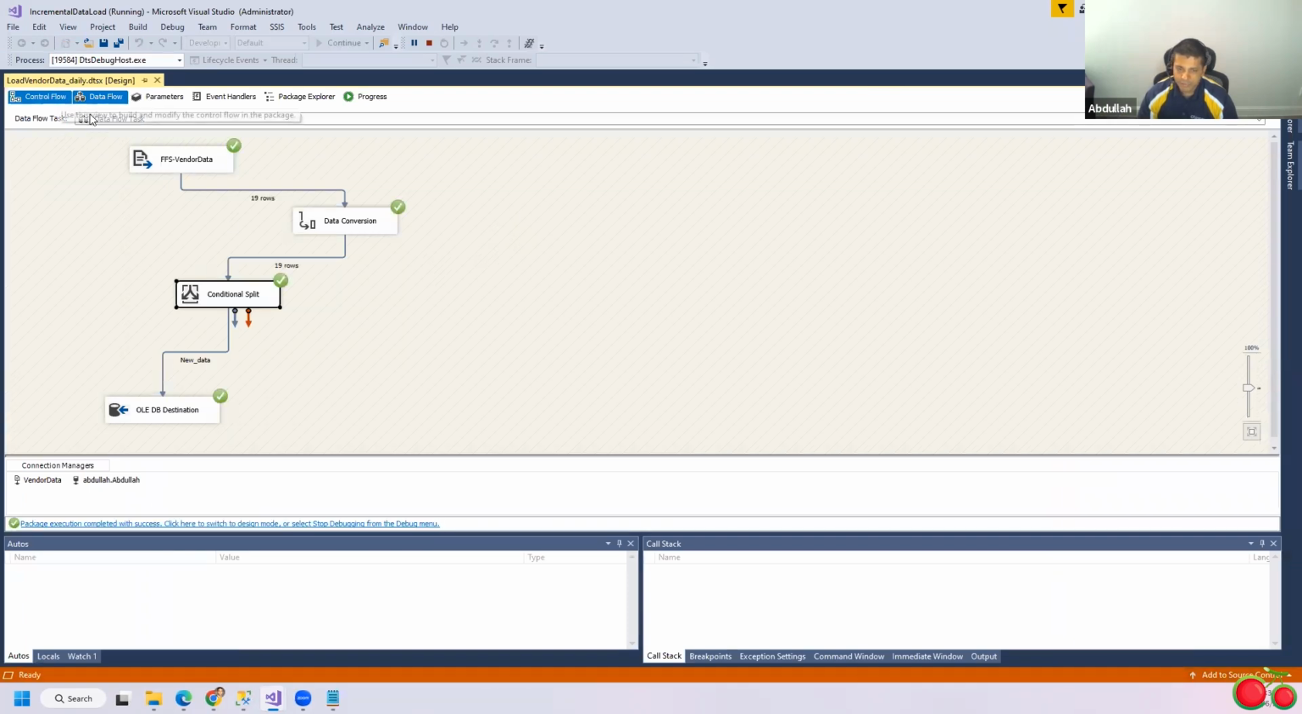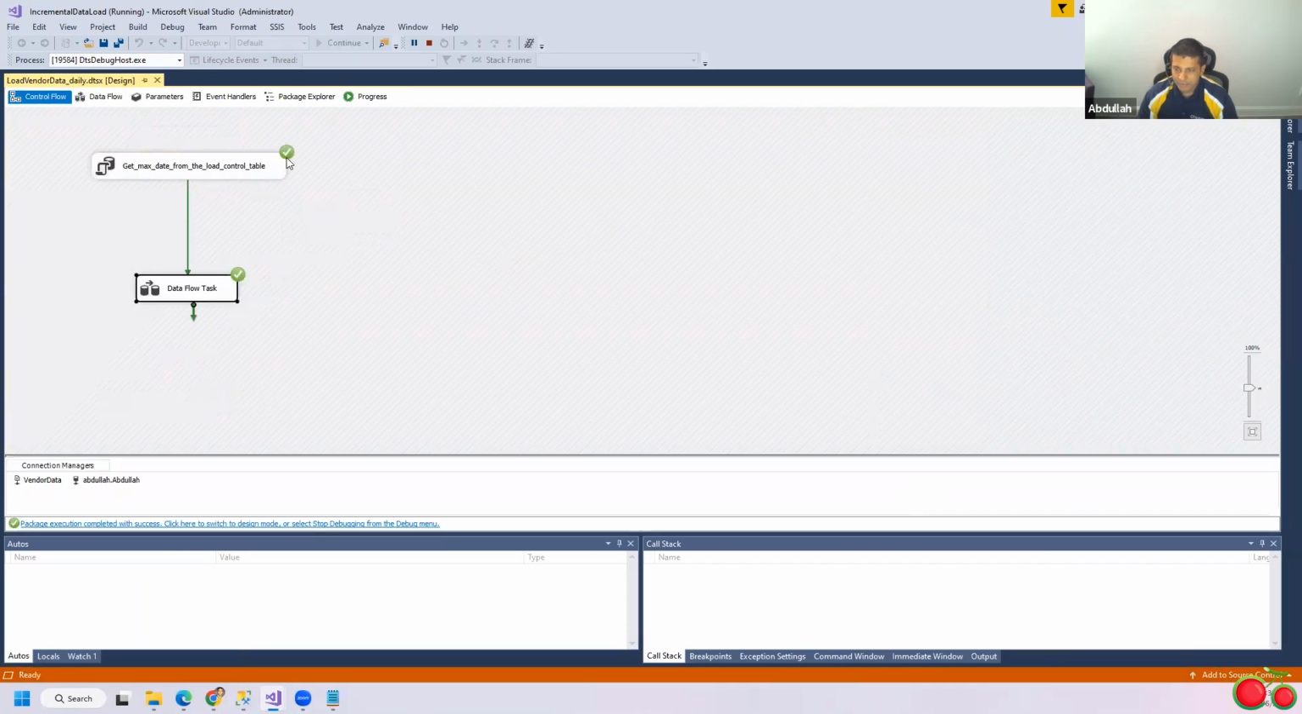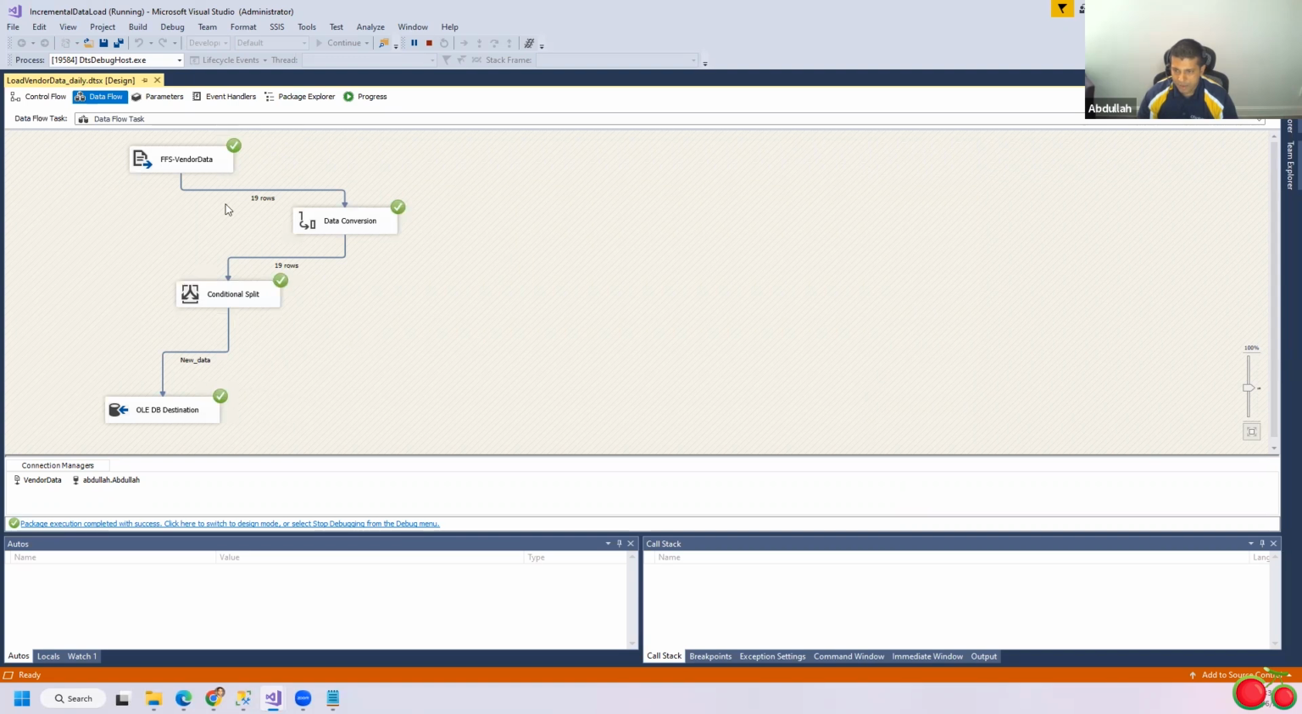As you can see, I have this first execute SQL task completed. In the data flow task, I have 19 rows coming from the source, and it's going all the way, but you can see there were 0 rows added into my destination. So that is good. That's what we want, because we don't want to load the same data again in the